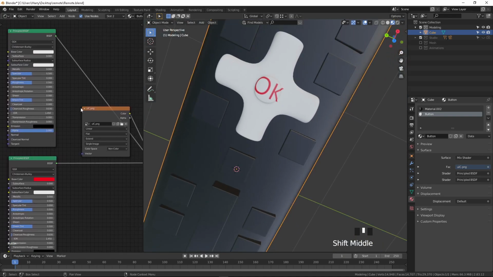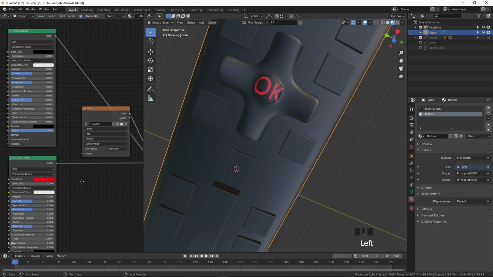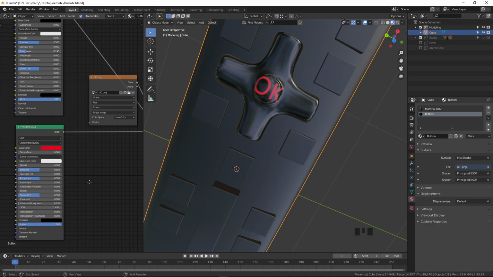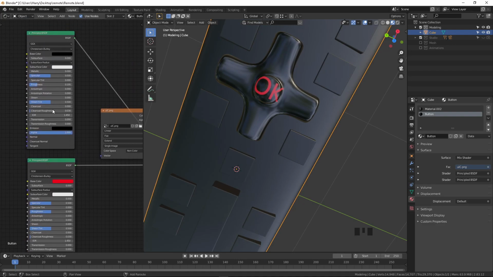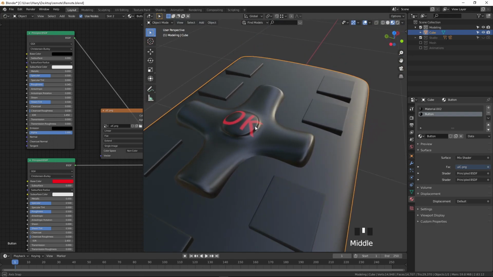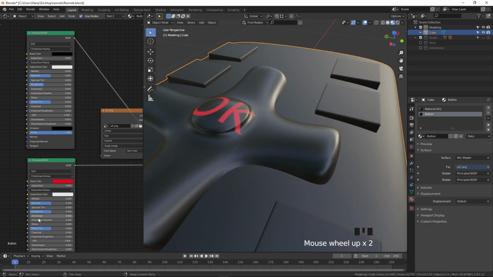Okay, I'm not going to give the color white background, so I'm going to make it black, and I'm going to give this a little bit shiny. No, a little bit rough and a little bit shiny. This OK button I'm going to give full shiny. Now you can see it's full rough.